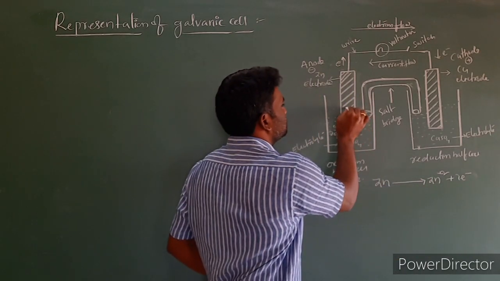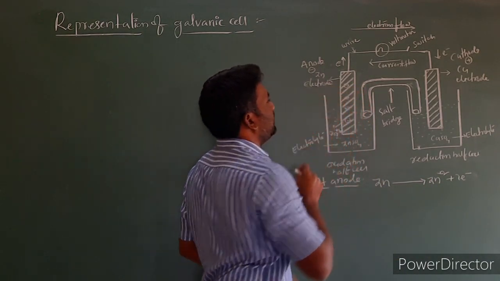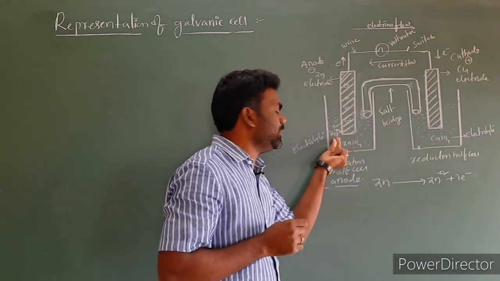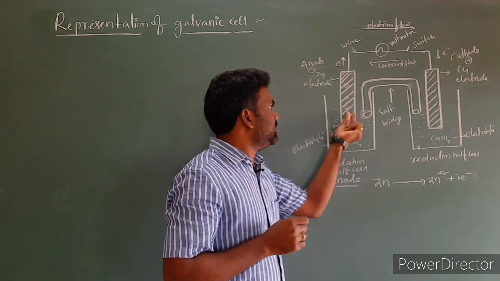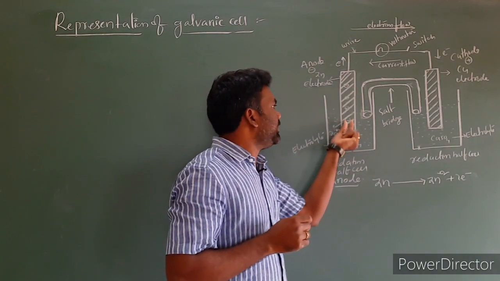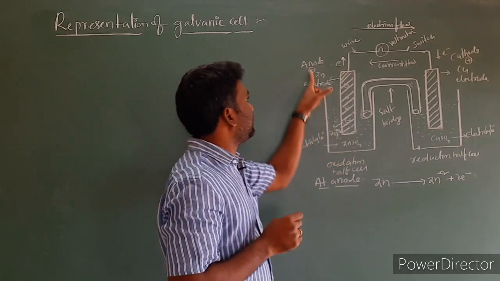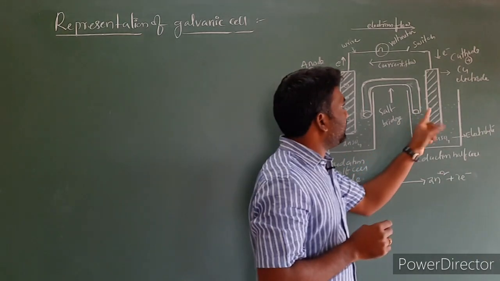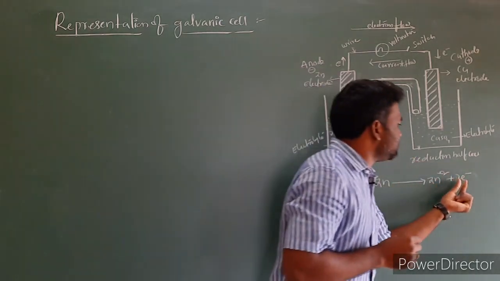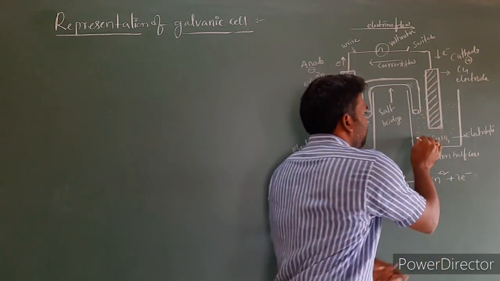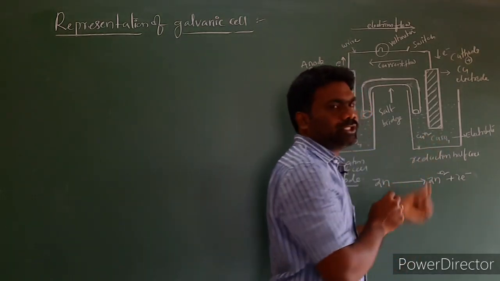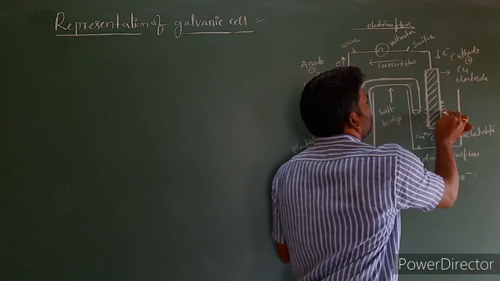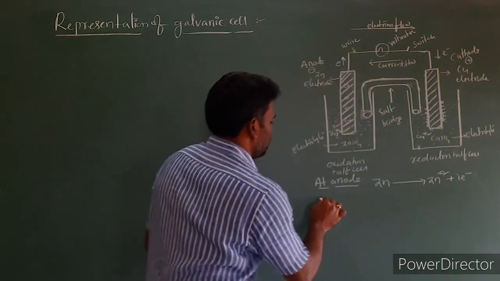Because of these 2 electrons, the zinc rod gets a negative charge with respect to the solution. The solution is positive because Zn2+ is entering into it, and the zinc rod we can take as negative. So we take the anode as negative, where oxidation is taking place. The electrons lost by the zinc are taken by the copper. The Cu2+ in solution takes 2 electrons and is deposited upon the copper rod. So, the reaction at the cathode.